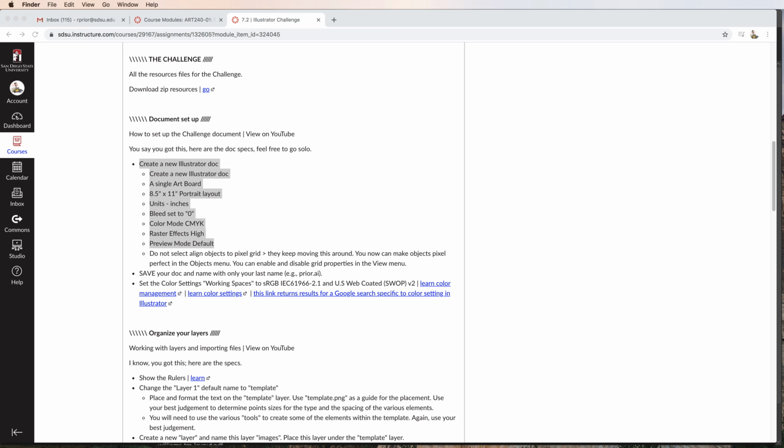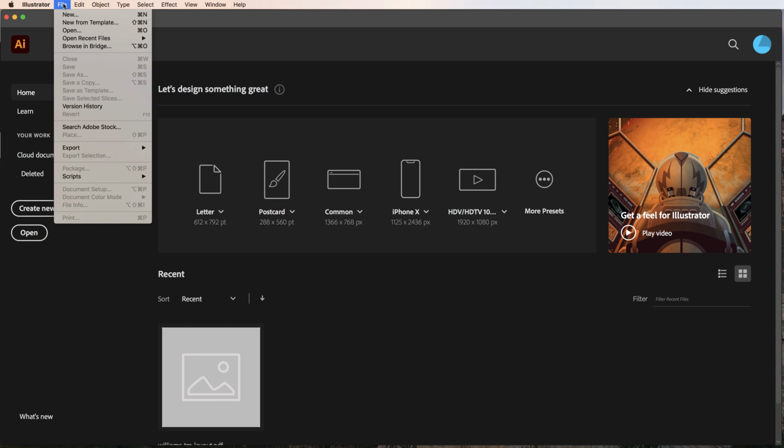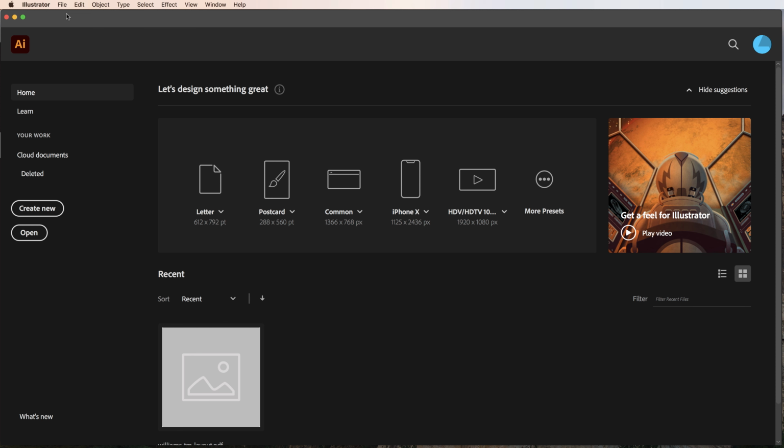Let's take a look at setting up the initial Illustrator document for the challenge. And you can find all the specs for the initial document setup on the challenge page. So let's go ahead and go to Illustrator, and you'll note that we have various presets, and you can look at other presets for different digital environments. But we will just go to File, New,